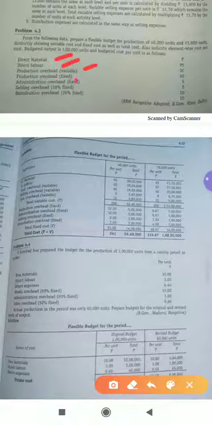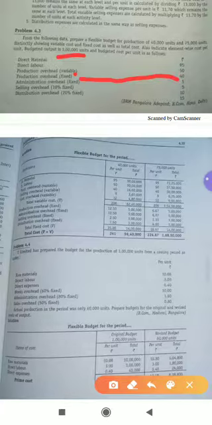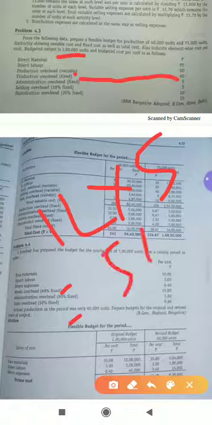Next, what do we have? We have production overhead. Production overhead, what is it? Fixed. I have told you fixed cost will remain the same, but here they have given it per unit. Per unit is how much? 5 rupees. What about the number of units? Look here, they have given for 1 lakh units. So 1 lakh into 5 rupees, how much will you get? 5 lakh. That is the total fixed cost.